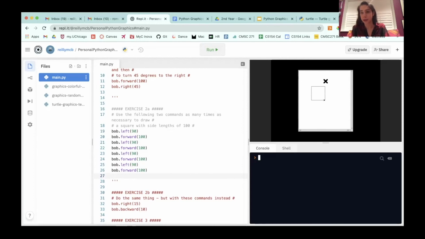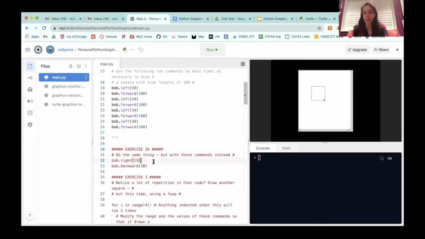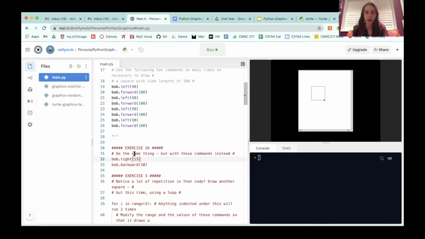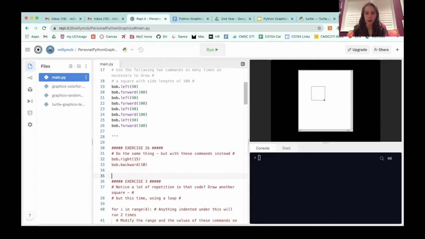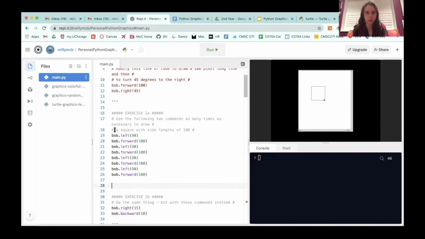Bob goes pretty fast, so you don't really get to see him tracing out the square exactly, but we'll cover later. There's a way to change the speed at which Bob goes. So there's also, you can go backward as well as forward, and as we've already seen, you can go left and right. So as an additional exercise,